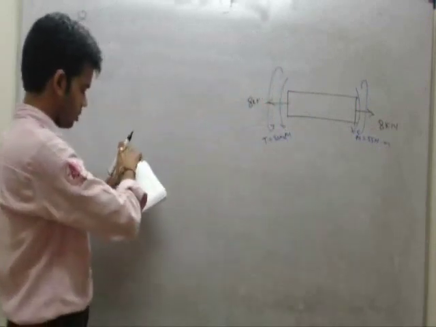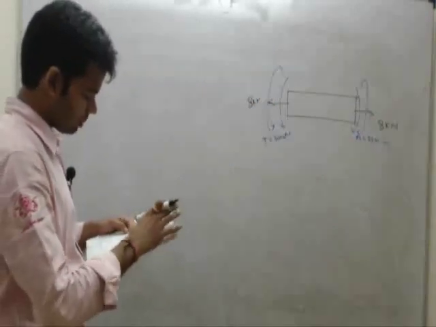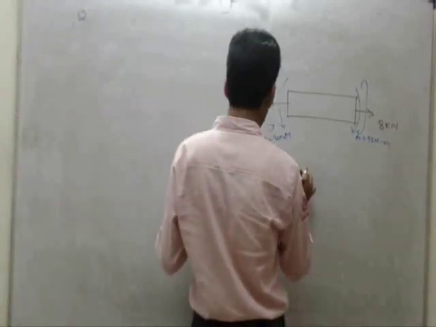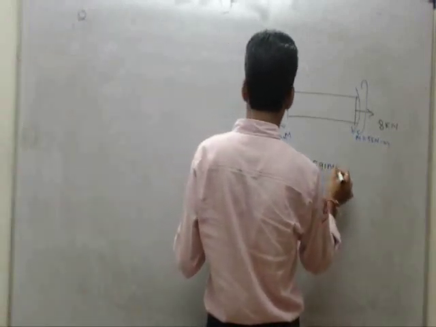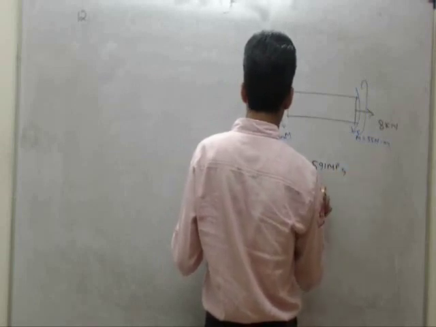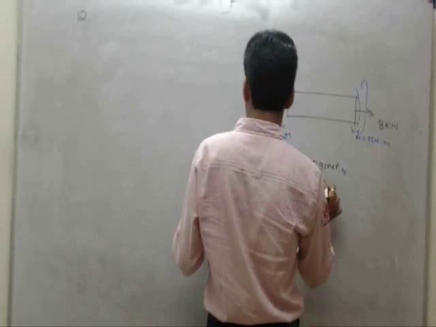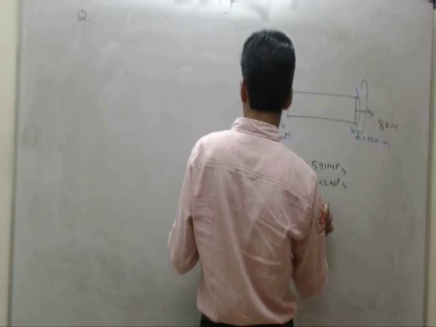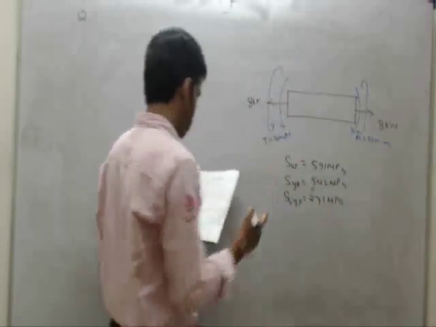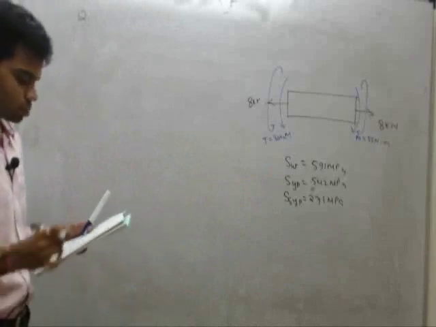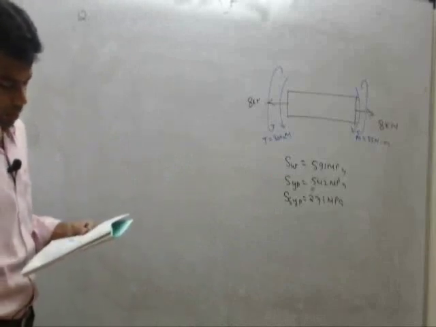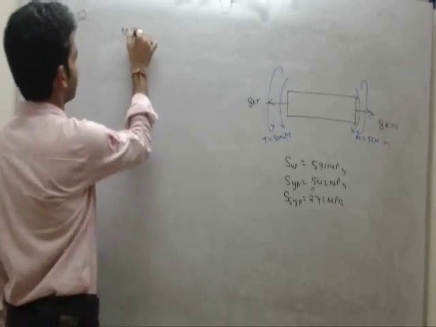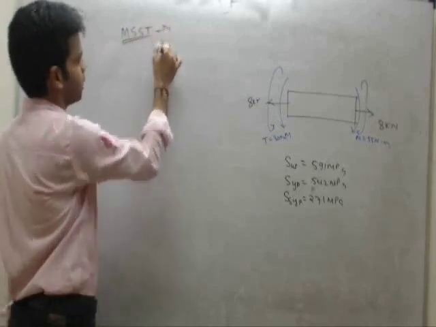Okay. Now, a 20 mm diameter solid bar of 7075 T6 aluminium having SUT ultimate strength in tension is given as 591 megapascal and yield point is given as 542 megapascal, and SSYT yield stress in shear is given as 271 megapascal. This is used for making this aircraft flap actuator. Determine the factor of safety available as per maximum shear stress theory. Okay, so we have to use maximum shear stress theory and determine the factor of safety N.